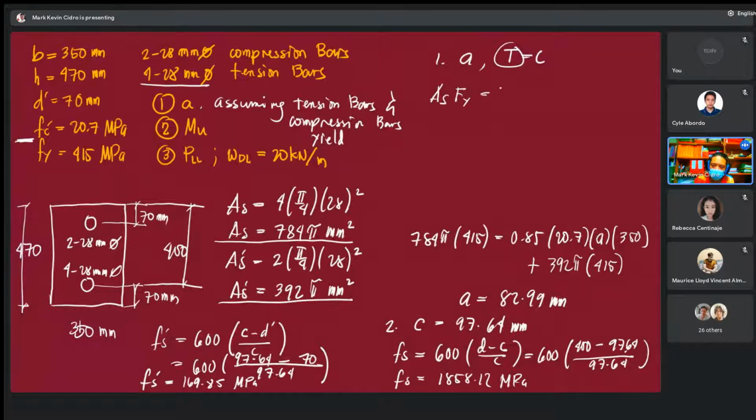This is equal to 0.85 Fc prime ab plus As prime multiplied by, instead of Fy, Fs prime, because we know that it does not yield. So we will use Fs prime. We are going to substitute. Your As is